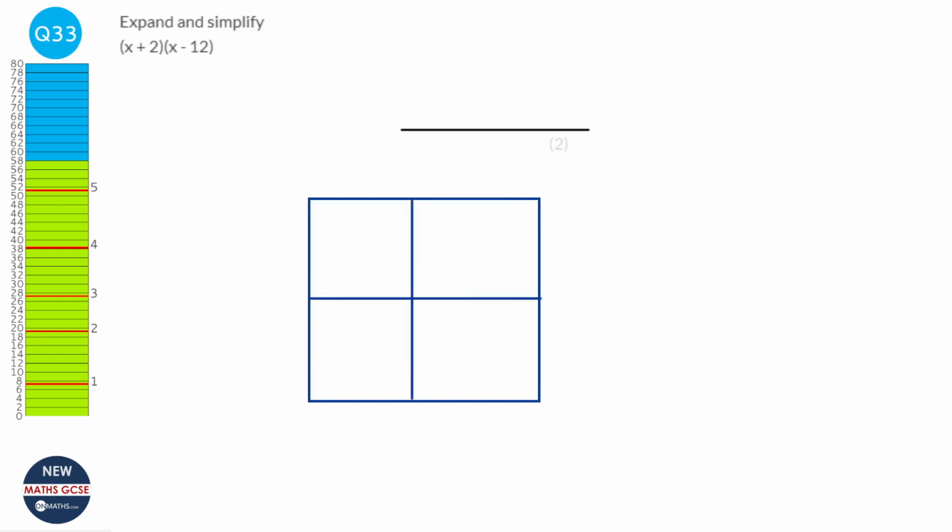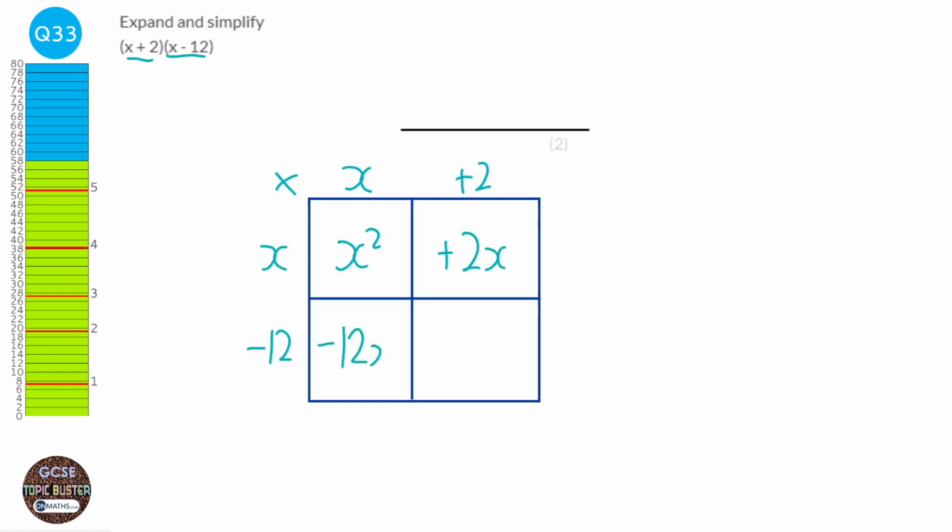And we're going to be multiplying the algebra together. So we're going to do the x plus 2 at the top, and then the x and the minus 12 down the side. Multiply them together, so x times x is x squared, x times 2 is plus 2x, x times minus 12 is minus 12x, and then minus 12 times positive 2 will be minus 24. Put the terms together,